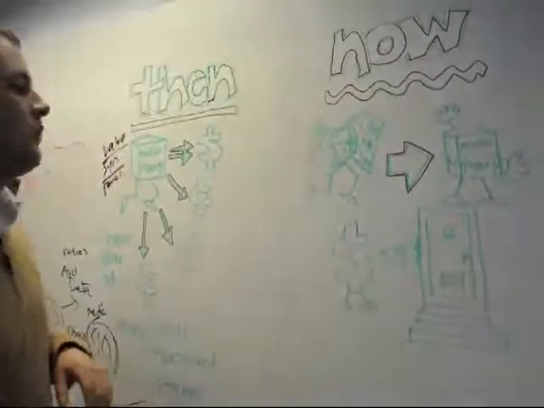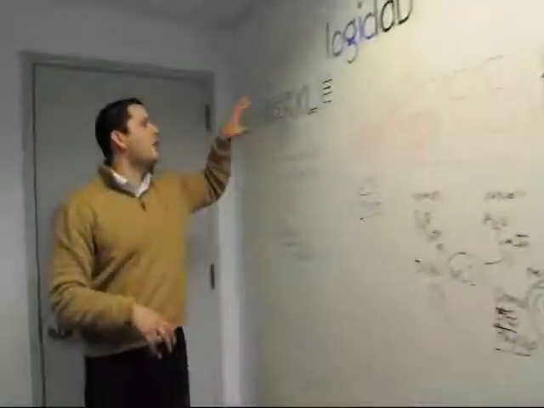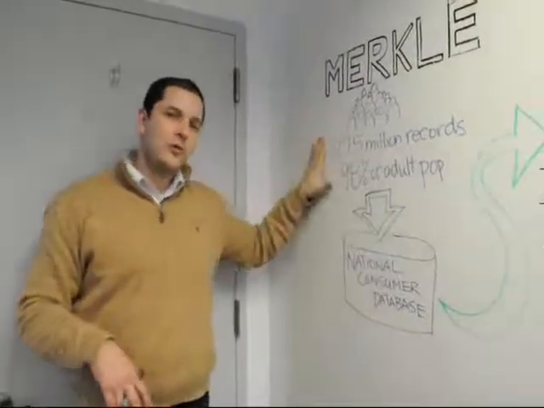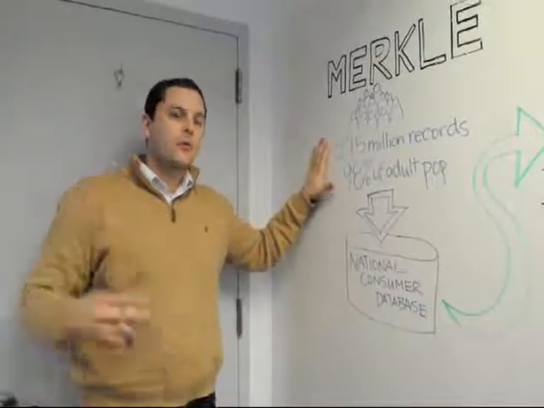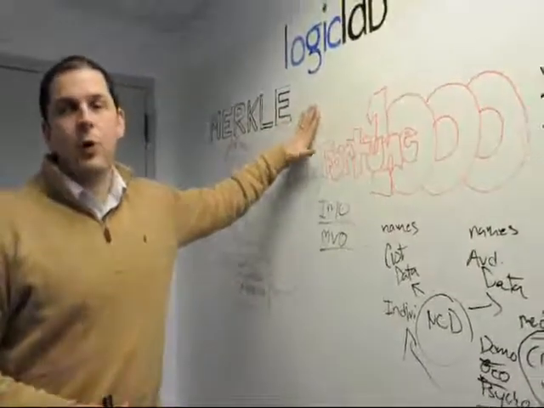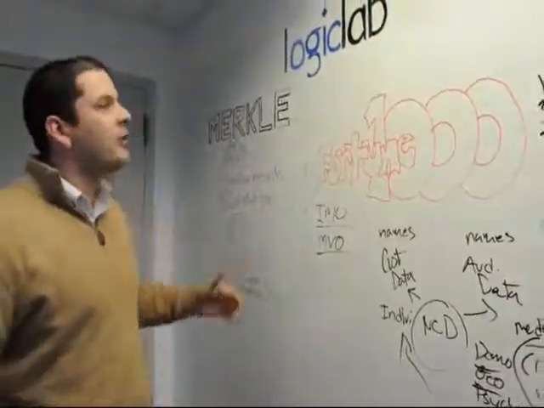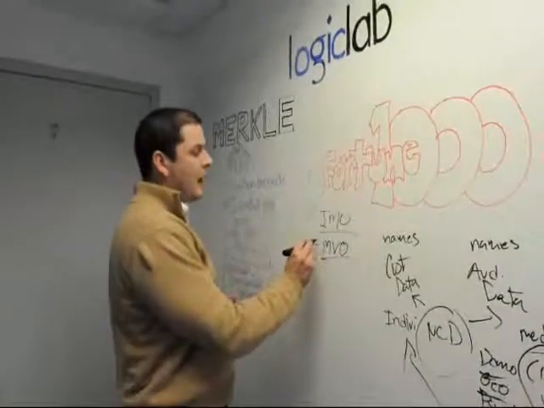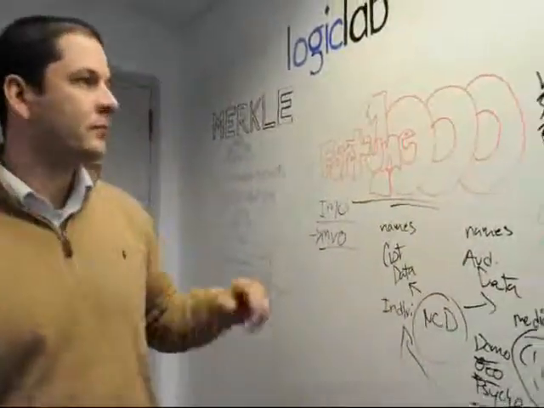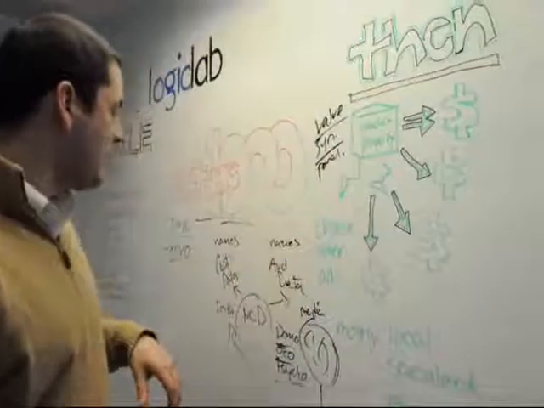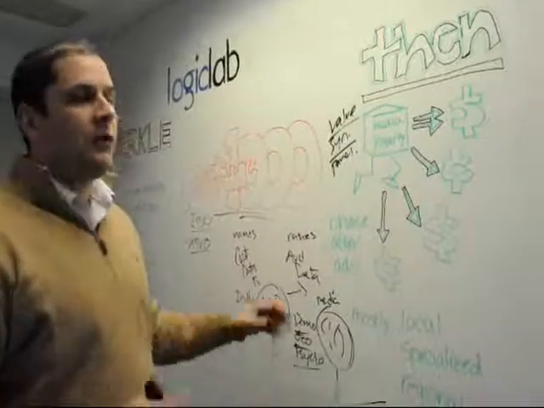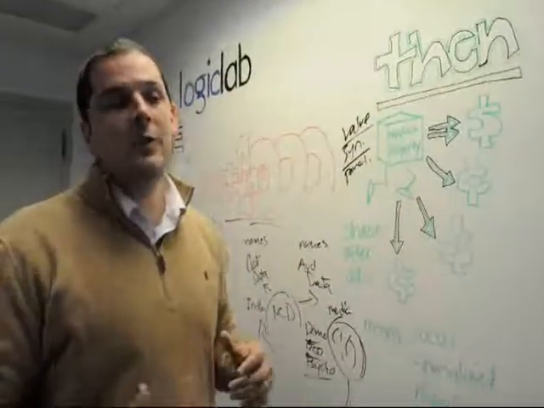So to recap what we've covered here, LogicLab is a division of Merkle, and that relationship is important on a number of levels. First, because it gives us access to this really big and well-developed national consumer database. Our relationship with Merkle is also important because of the exposure to a lot of their relationships, and obviously LogicLab is also sold as a modularized solution, but it's nice when you have the relationships built into the system. Ultimately, what that means for you as a media property is we're going to connect their client-side data to your audience data and start articulating a quantifiable affinity between the two data sets.